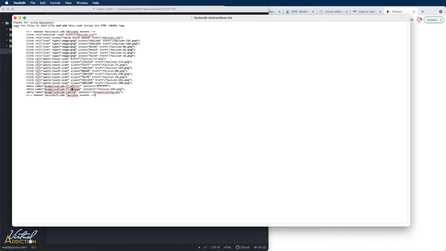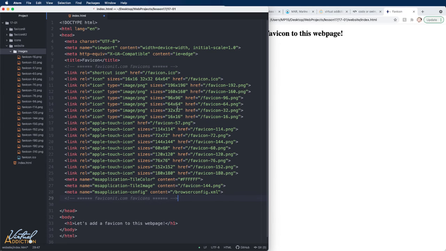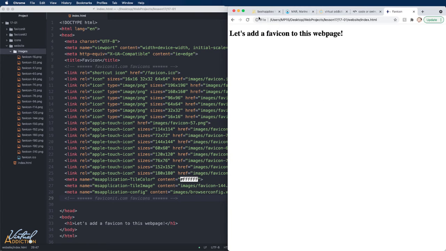If you want to use all of these, you can simply copy this code, and I'll just replace my typed code with this code. Now, in order for me to take advantage of these different elements, I'm going to have to make sure that the path to the image is updated. My images are in the images folder, so let me just go ahead and quickly update the path to all of these different favicon elements. Now that I've updated the path to all of these different elements, if we save and we refresh in the browser, you're going to notice that visually we don't see any change.